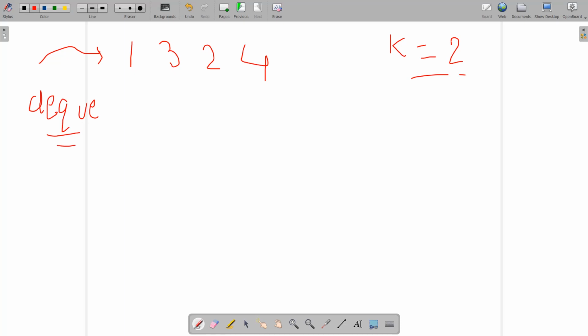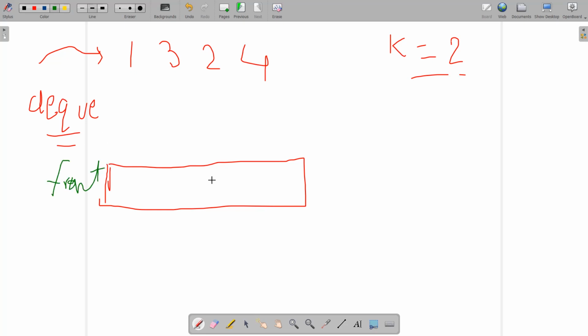Let's try to understand that. Suppose this is the Deque, and you must be aware of the property of the Deque, that we can pop out elements from both sides. This is the front and this is the back side of this Deque. Also, we can push elements on both sides. Now there is a standard methodology for finding the sliding window maximum, which is performed by the Deque, and the front element always